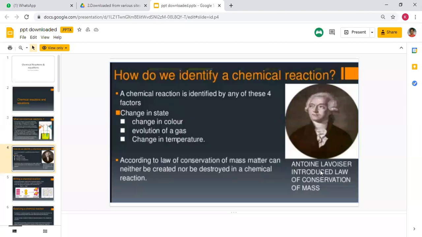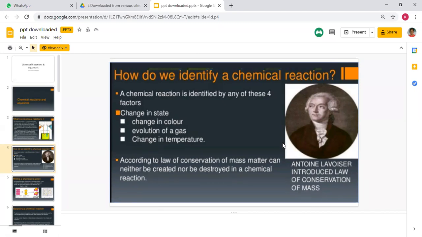Okay, Antoine Lavoisier, this particular scientist's name, right? What did he do? Why is he very famous, this particular man, Antoine Lavoisier? He gave us the law of chemical combination. Very good. Law of conservation of mass, right? Yes. And he is considered one of the fathers of chemistry, right? He is a very important person when it comes to modern chemistry.